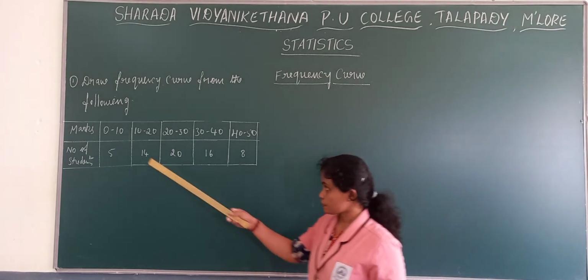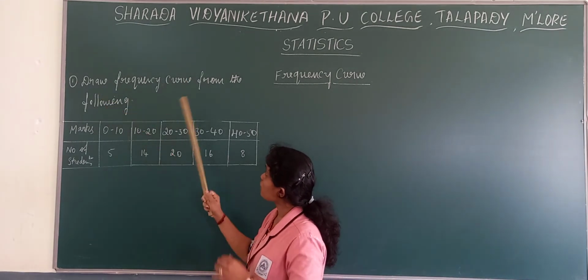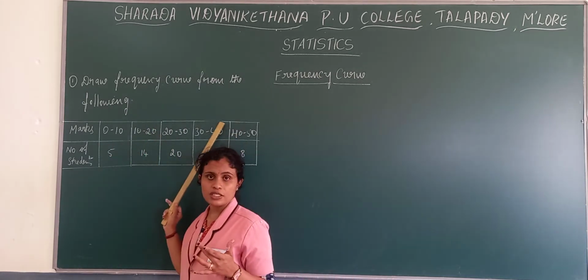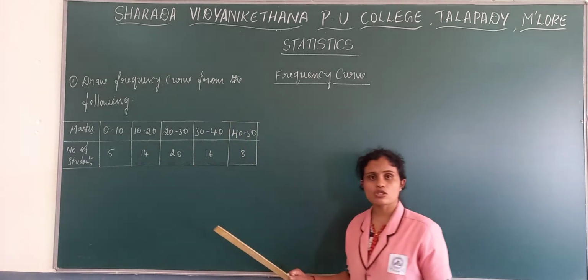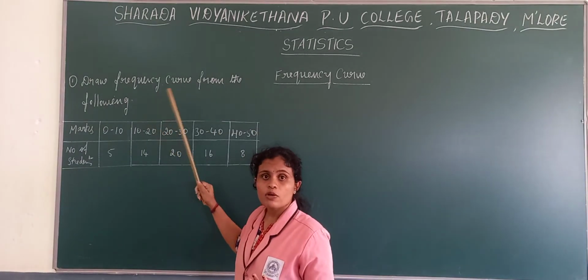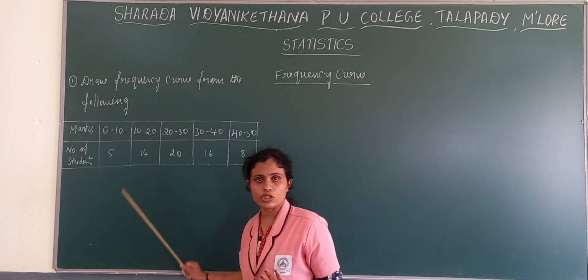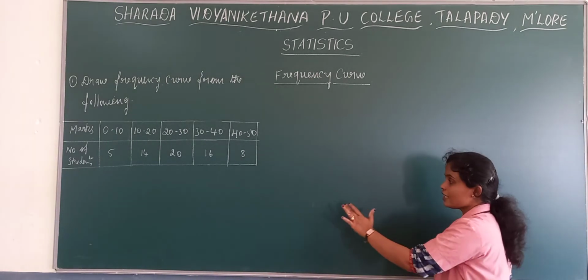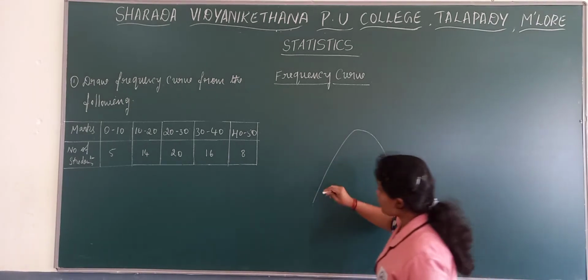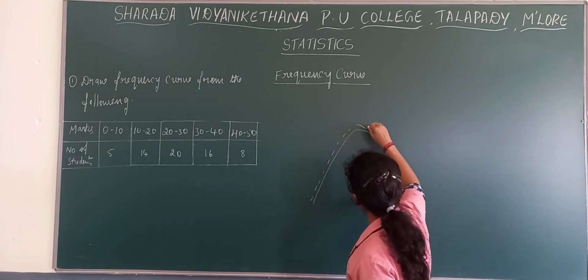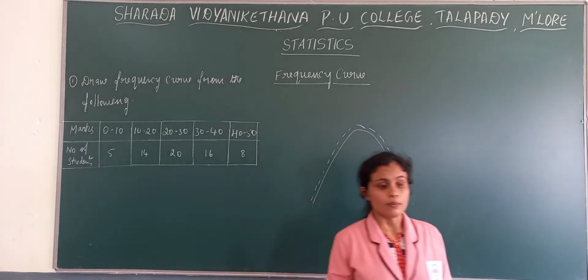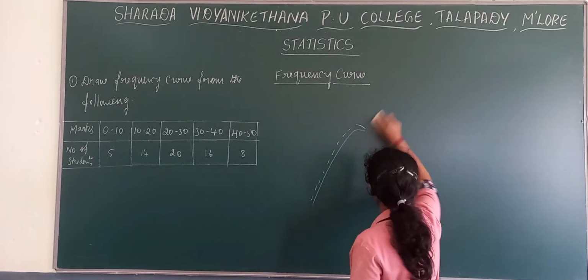Now here see the problem. Draw a frequency curve from the following frequency distribution, which is a continuous frequency distribution. They did not mention here to draw a histogram or frequency polygon. Sometimes your question will be to draw a histogram, frequency polygon and frequency curve. What you need to do is firstly draw the histogram, then represent the mid values and draw the frequency polygon, then once again upon that represent the frequency curve. Same as the frequency polygon, but here it's a freehand curve.